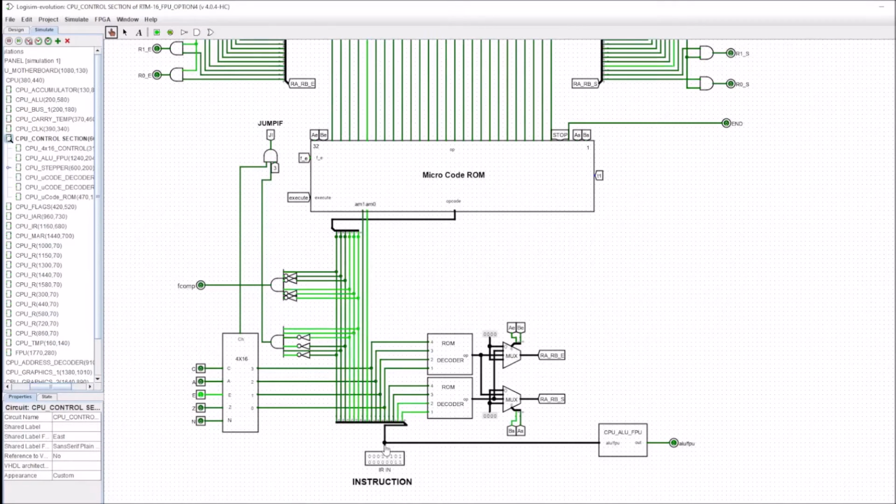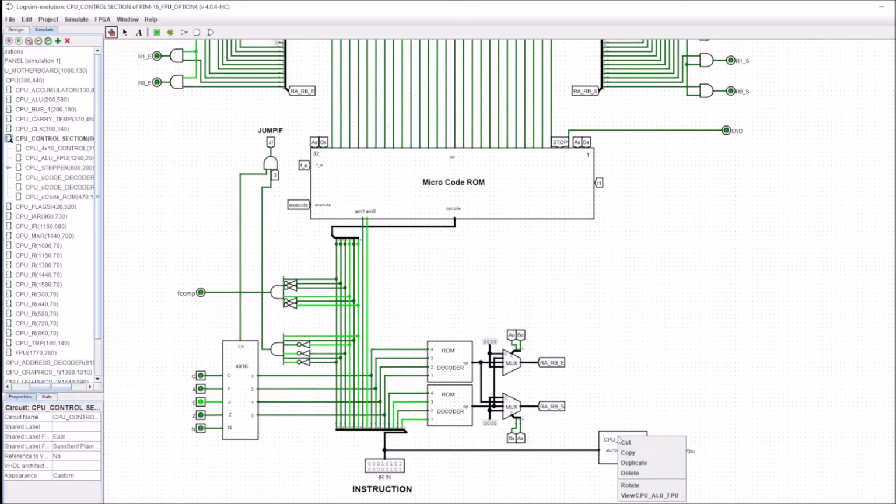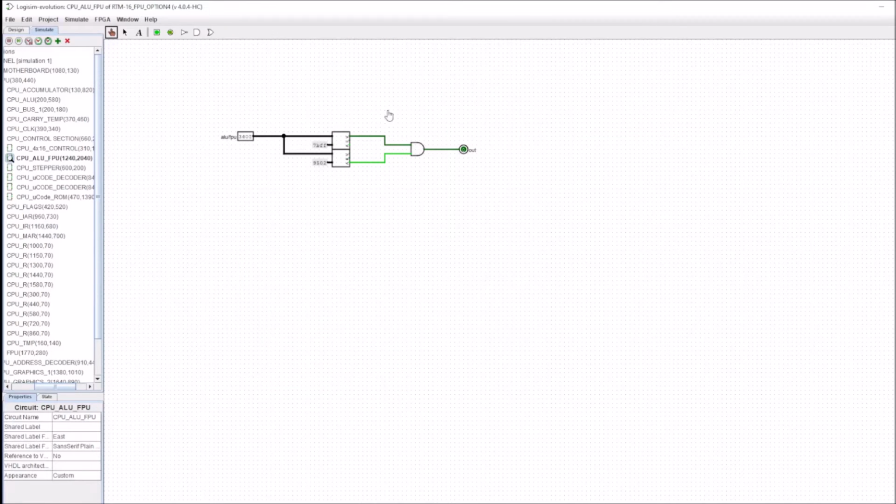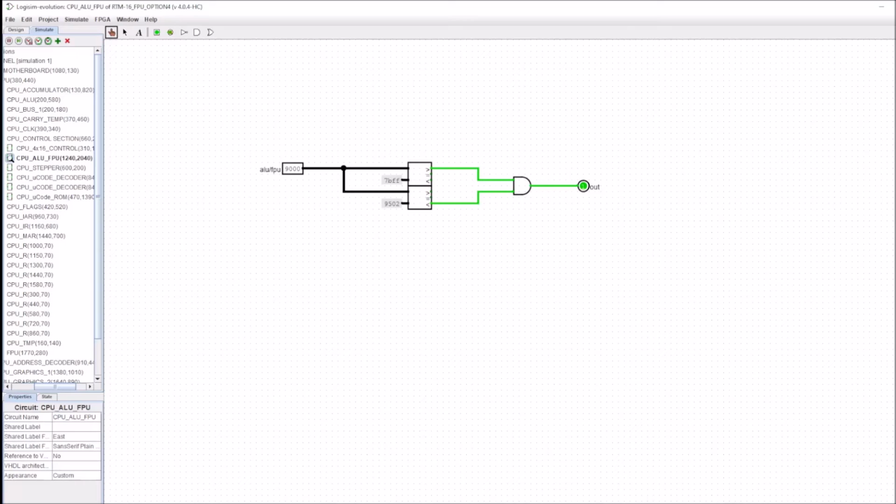we have an output here. This is the instruction register coming into the control section. And what we did for the floating point instructions is take off a separate connection. Within that separate connection, we did a test to find out whether we are actually running a floating point instruction or not. So when we drop in here, this was the little bit where there was a mistake. So we have to find the floating point